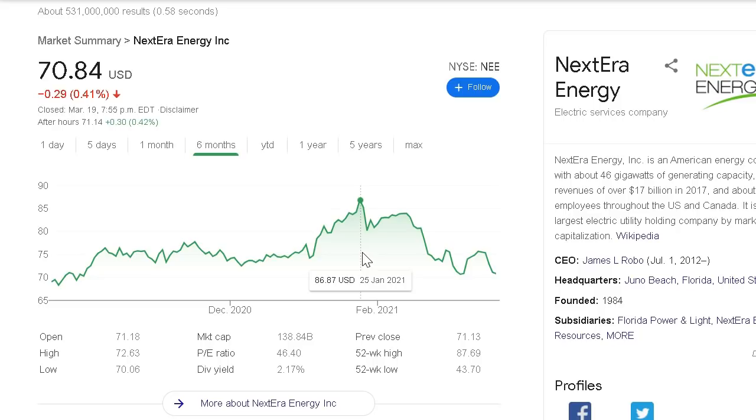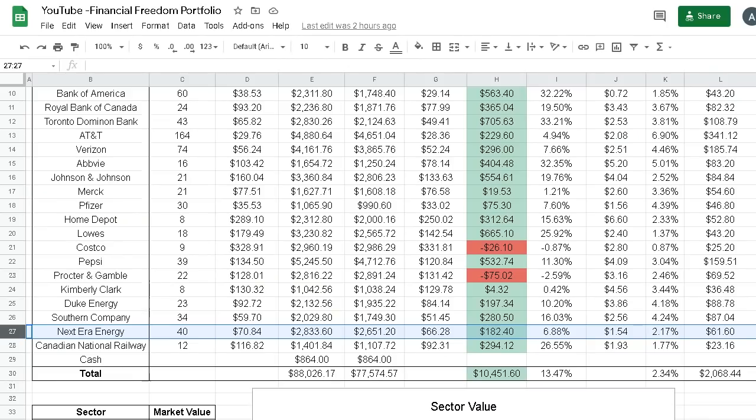From $86 per share back in late January 2021, the company has now fallen over 18%, back down to this $70 level, which I believe is a very attractive price for this company that has a large position in the renewable energy space. And I purchased 20 more shares of this company, and now my total position is at 40 shares with a market value of